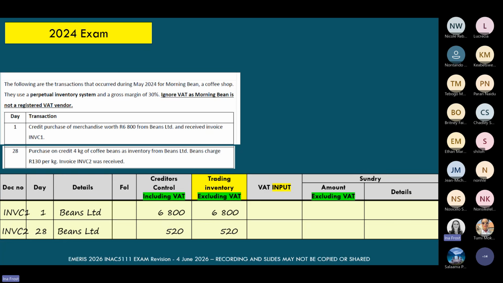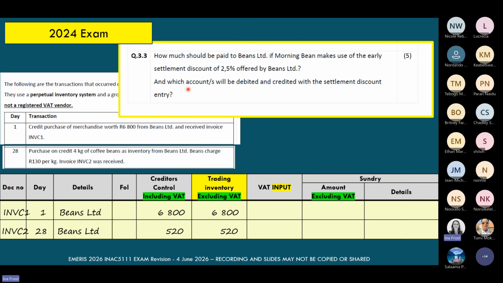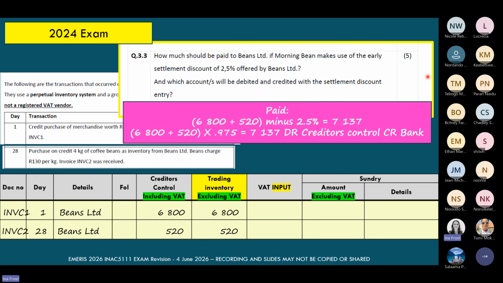Right. Okay. So remember now in this question, the question said we had to now say in which accounts we were going to record that settlement discount. But before we could do so, we just need to calculate the settlement discount. And remember again, you're showing us your workings. So you're going to be always showing us the workings.